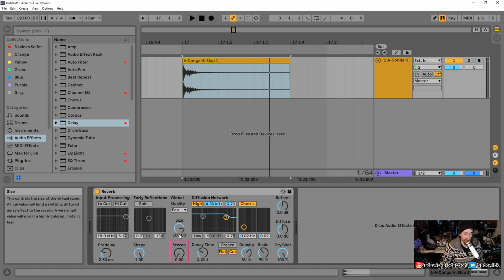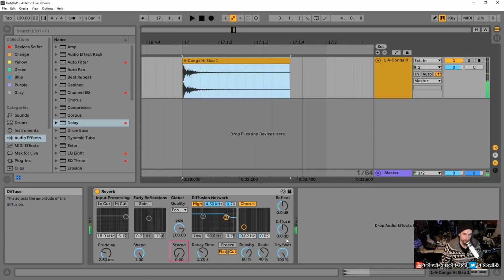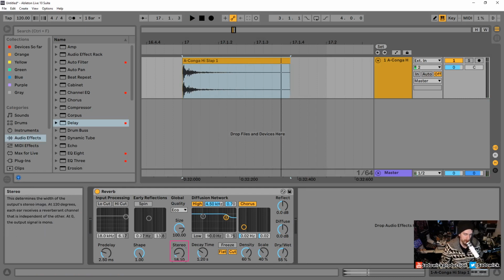If we have this set to 0, it's effectively taking those microphones and merging them into one. There's no degree offset or difference between their placement. And that means that it's effectively mono, recording mono. So mono in, mono out. Right, and I'll set that to 55. Right, that's a mono reverb. A mono reverb effect. And as we increase the separation,